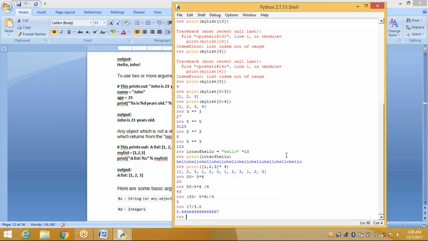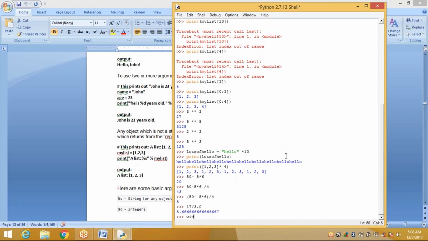Suppose I'm assigning some values to the variables. How to assign the values? Already yesterday I told you how to assign a value to a variable.